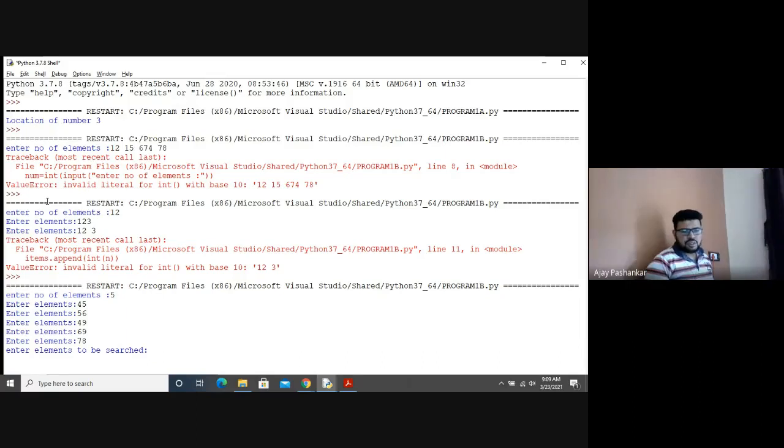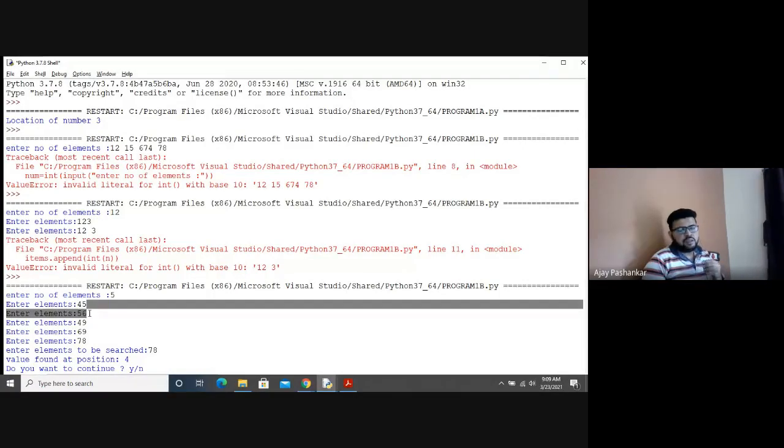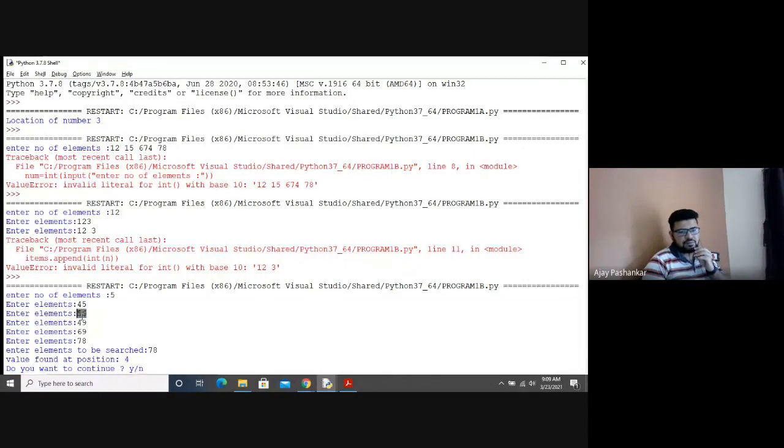So I want to search, you say which value you want to search. Suppose we want to search for 78. The value found at position 4. You can just calculate: at 0th position we have 45, 156, 249, 369, and at 4th 78.